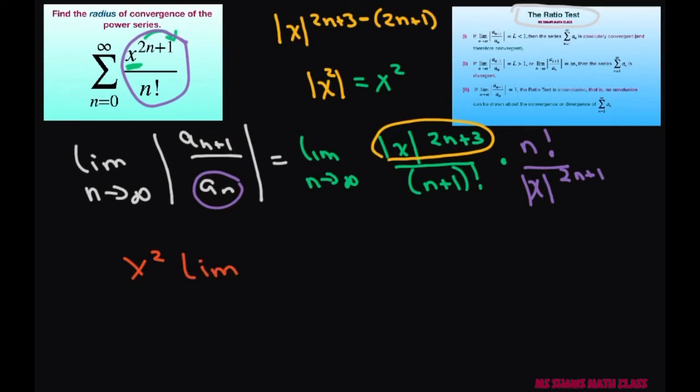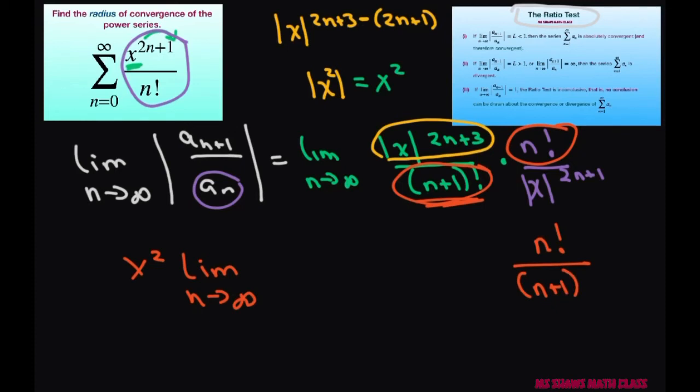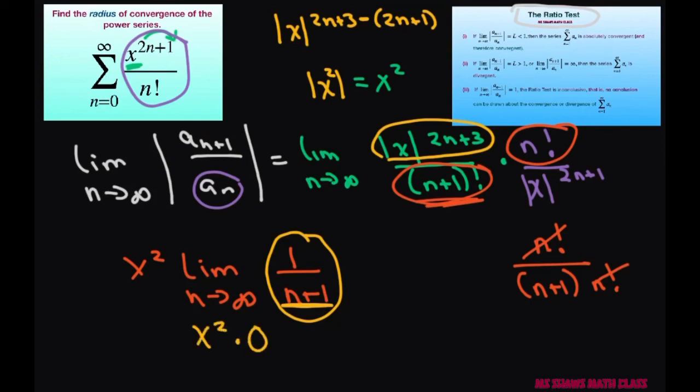Then let's write our limit as n approaches infinity, and we're left with n factorial divided by, and expanding this is going to be n plus 1 times n factorial. So this cancels out. So this is just going to be 1 divided by n plus 1. Now what happens is as n gets larger and larger, our y value is going to go to 0. So what we have is x squared times 0, and that equals 0, which is less than 1,